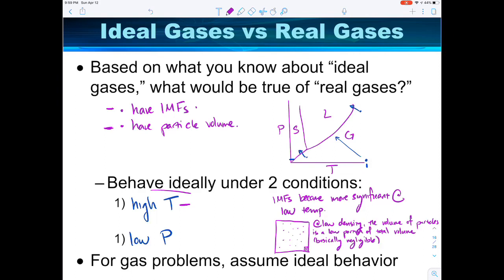Negligible. Okay, what happens if you push in on the sides of this container so that the container only has this volume now? You notice how this is like a quarter of this. So once you compress a gas to a high enough pressure, it eventually becomes a liquid. I think you saw that in the demo video with the butane lighter. The butane in the lighter is actually a liquid, and it becomes a gas when it enters a lower pressure area. So if the pressure gets high enough,